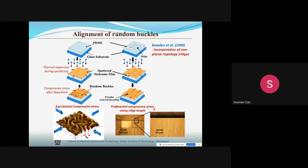So your device will not be functional after a few times. What we did, we do some surface engineering over the surface, so that instead of a random buckling, because of the equibiaxial compressive stress, you do some pattern on the surface, deposit the film so that the buckle formation will be parallel only in one direction. It will not be random. You are doing some surface engineering so that your buckle formation will be parallel only in the one direction, not